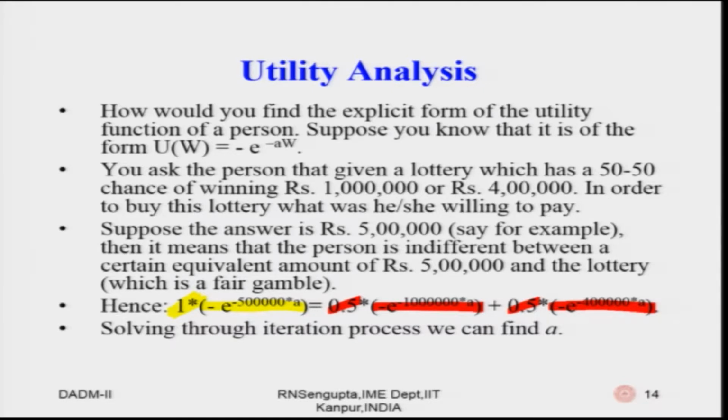So, you balance the fair gamble value, which is the expected value, given in red, with the yellow marked expected value of the utility for the certainty value. Keep repeating this experiment for different values, find out different sets of A's, they would be changing because it is an iteration process, and you find out the expected value of that and find out the best estimate